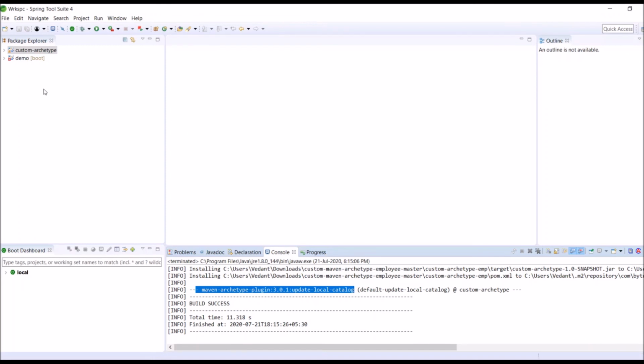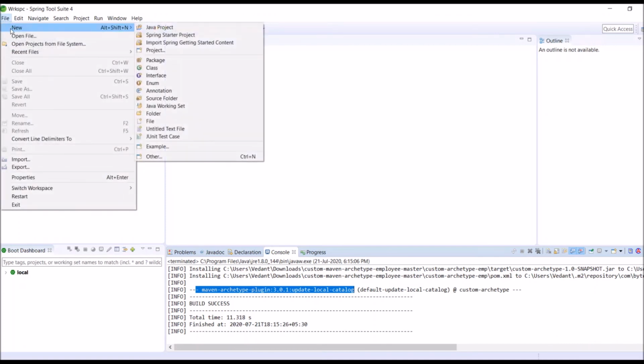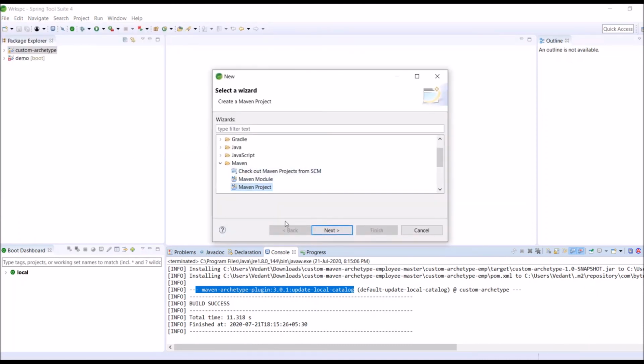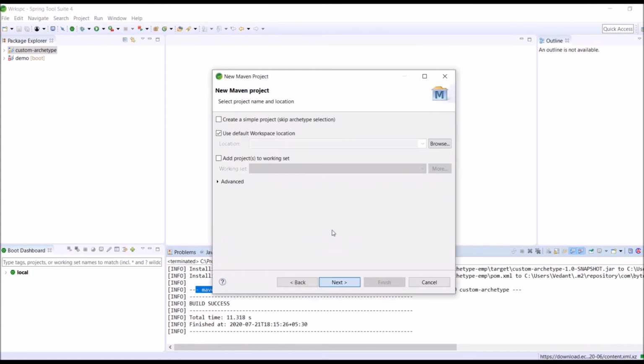Now let's use this custom Maven archetype. Go to File, go to New, then select Maven project, click on next. Now remember that you should untick this checkbox because it gives you the option to select the archetype.